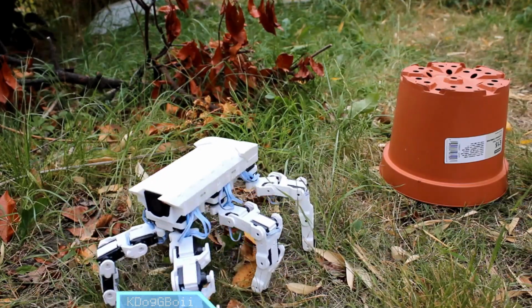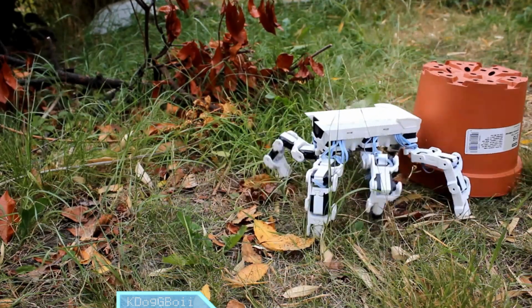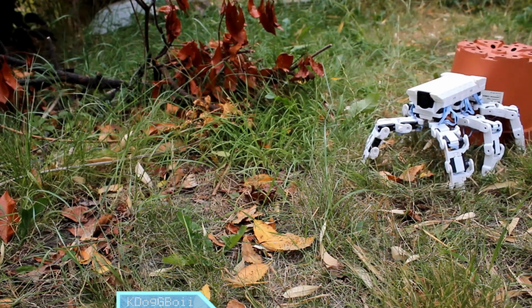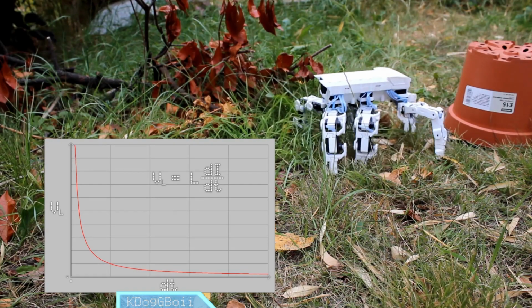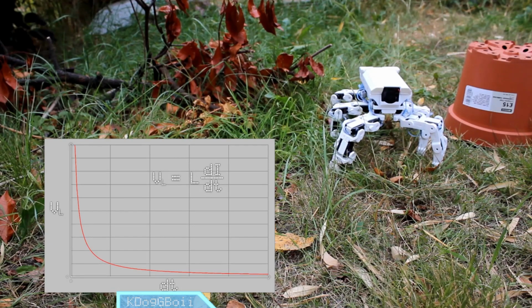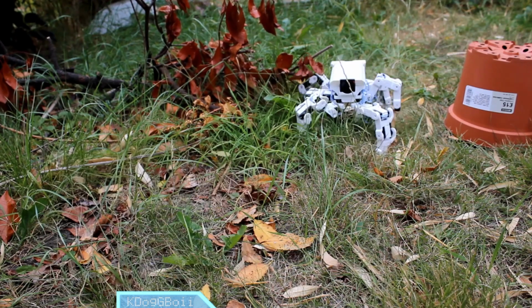Back EMF, or back electromotive force, is a response that inductors, like the windings of motor cores, have to a step change in current. The voltage across an inductor is described by the equation V equals L di/dt. This equation says that the faster that the current changes through an inductor, the greater the voltage across the inductor. This means that the voltage across an inductor can skyrocket above the supply rail or even drop below 0 volts